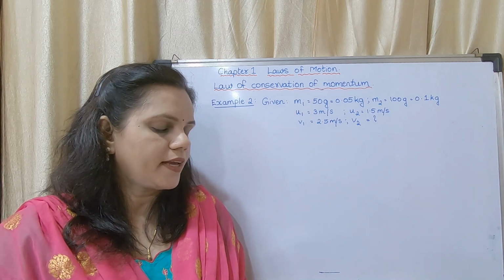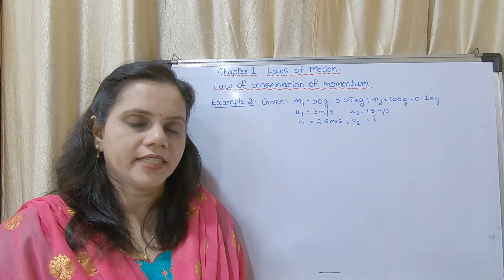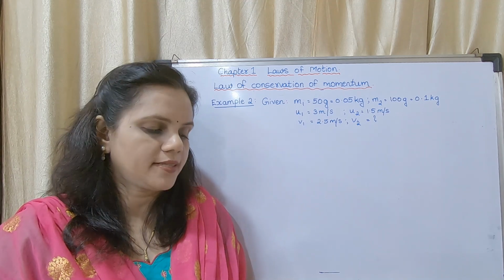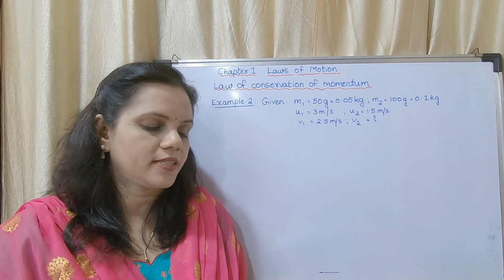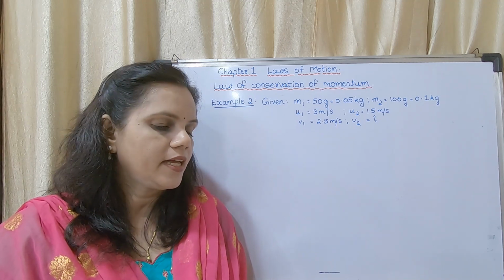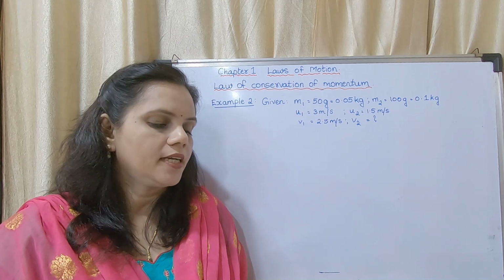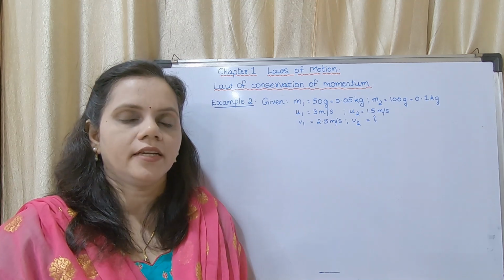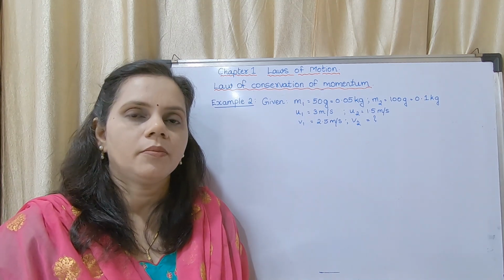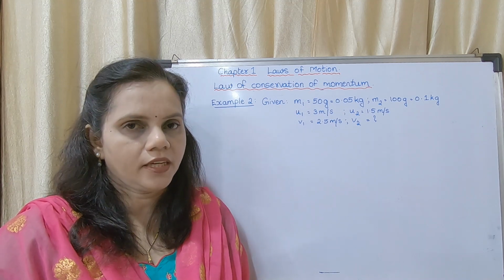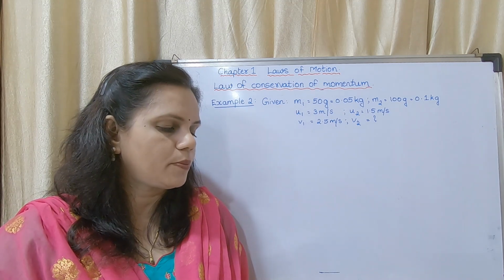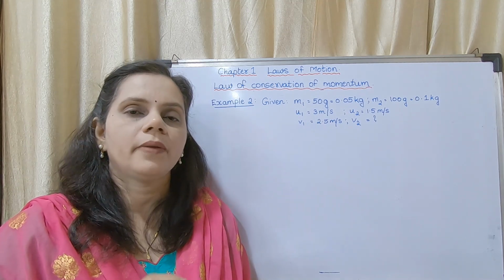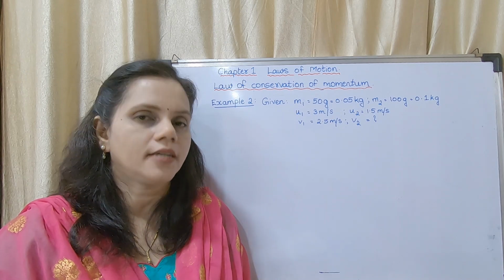Next, the mass of a cannon is 500 kg and it recoils with a speed of 0.25 meter per second. So they have given the mass. What is the mass given? It is 500 kg. And what is the speed? That is velocity. It is 0.25 meter per second. What is the momentum of the cannon? What is the equation to find out momentum? Momentum P is equal to mv. You have to multiply 500 with 0.25 and the answer is 125 kg meter per second. You may mark it as very, very important in your textbook.